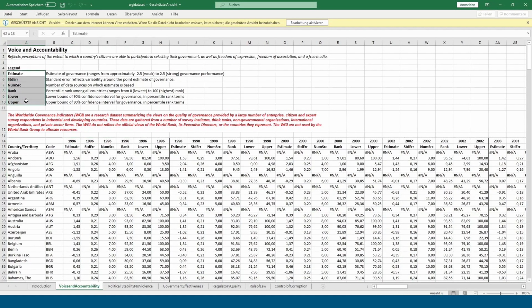Now here is a legend, and it tells you that only the estimate is really what they have estimated the quality of governance to be. They also give you a standard error around this estimate. They give you the number of sources that their estimate relies on. They express the estimate in a ranking relative to other countries, and they give you some lower and upper bounds of a confidence interval. This already makes everything somewhat complicated,